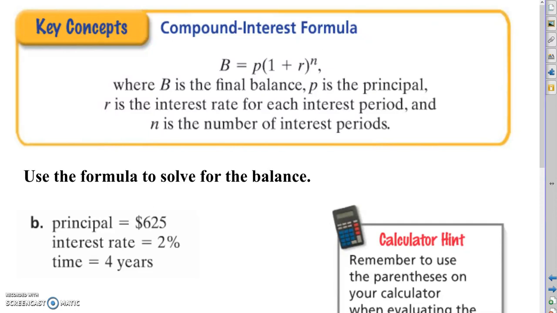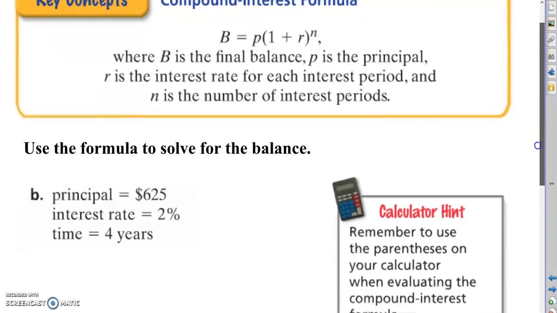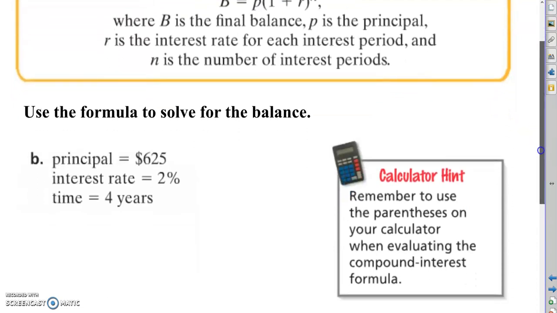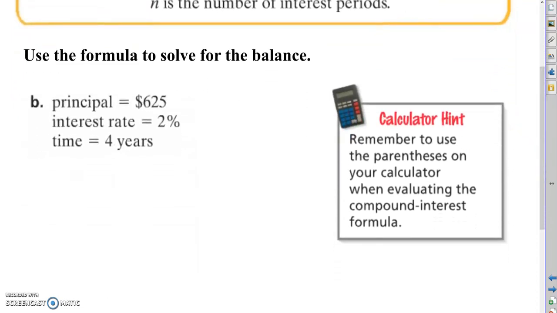So you will notice this is the exact same problem from before, but this time we're going to use the formula. Okay? So the formula says take your principal, and then in parentheses 1 plus your interest rate, which is 2%, 0.02. Number of times you're going to get paid interest. Well, I get paid once a year for 4 years, so that's a 4. Type all that in. You might get a decimal that has to take some rounding. You finish with